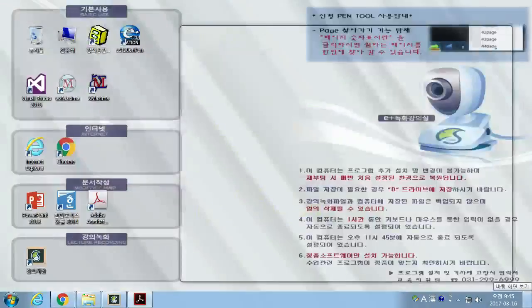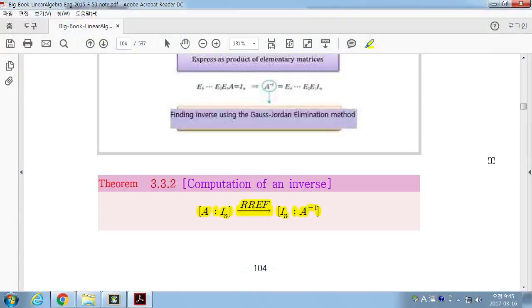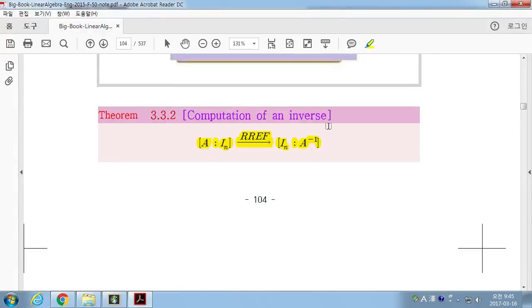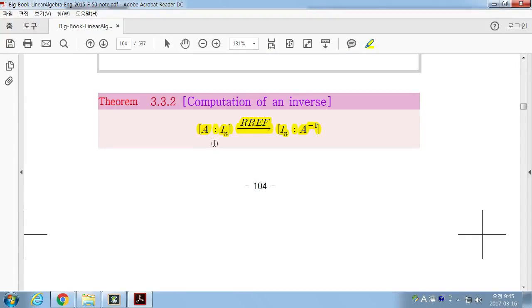이해가 돼요? 그러니까 A에다가 identity matrix 놓고 elementary matrix를 쭉 해주면 이게 아이덴티티가 된다는 소리는 여긴 똑같은 elementary matrix들의 곱이 있다는 소리죠. 이게 바로 인버스니까 바로 여기에 인버스가 남아 있게 되는 거지. 이해되죠? Okay. So if you have an invertible matrix, you can easily find the inverse matrix of A by finding the RREF of this n by 2n matrix.